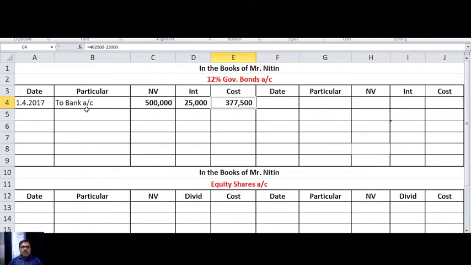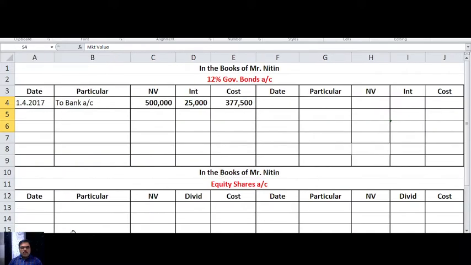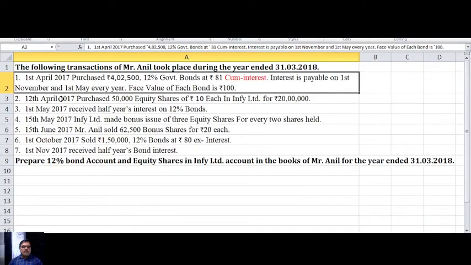So remember here how we have calculated this 5,000 government bond. We have calculated 5,000 government bond by this formula. I hope all of you have followed this. Next one now. Second transaction